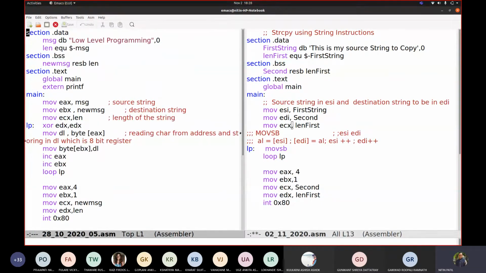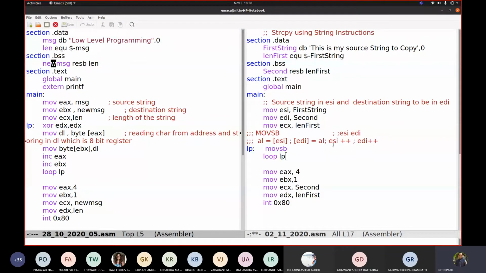05.asm. Now if you see here, what we did was we kept address. Now see, this whole code is written here in only these many lines. So source and destination, we had new MSG and MSG. So we moved to EAX and EBX. But if you use movsb, then you want them to be in ESI and EDI. So EAX, EBX is replaced here by ESI, EDI.